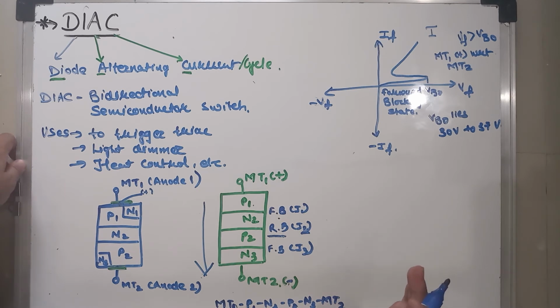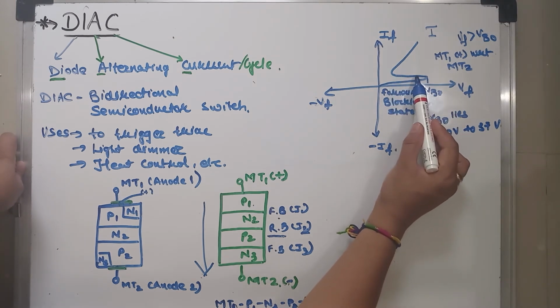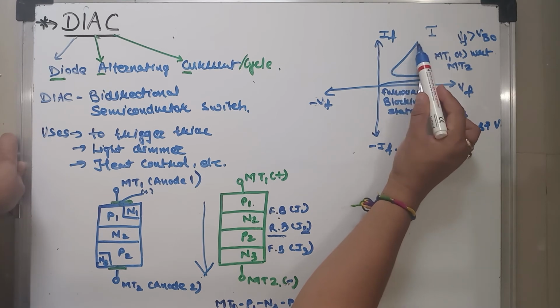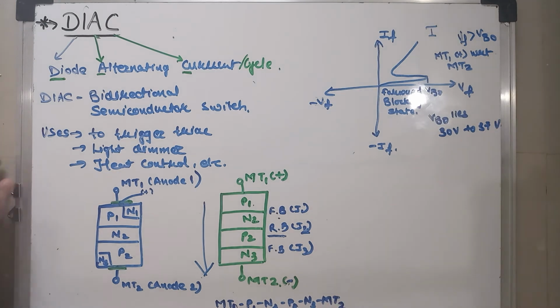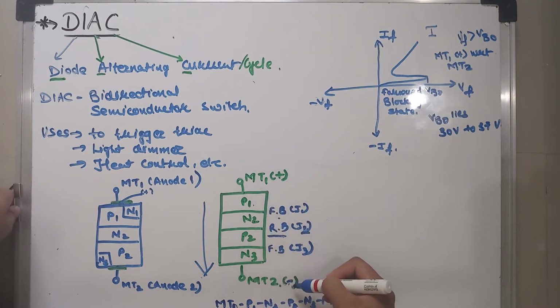At that time there is an avalanche breakdown of the reverse bias junction J2, and your device turns on and current starts to flow. So suddenly there is a transition state, meaning your device transitions from the off state to the on state. It is an on condition, and the current rapidly rises and the voltage across the device drops down. Now in the same way, when MT2 is positive with respect to MT1,